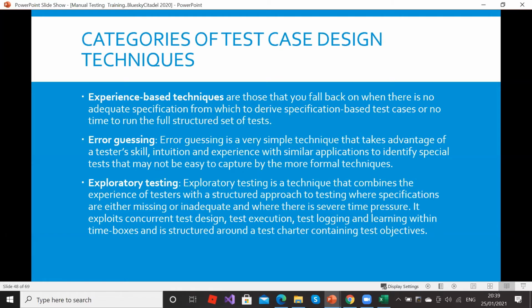So, categories of test case design: experience based, using your experience as a tester. That's what experience based is. Error guessing: for instance, if you were employed by Facebook and you've been using Facebook, you could be guessing, oh, this is this. So of course those are